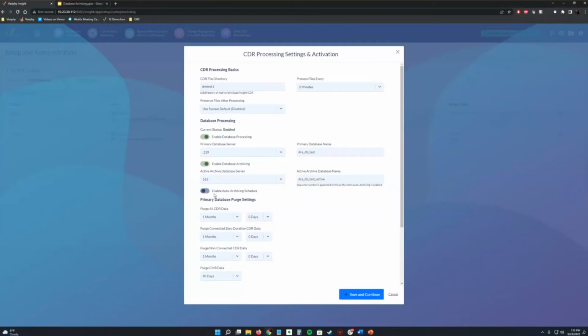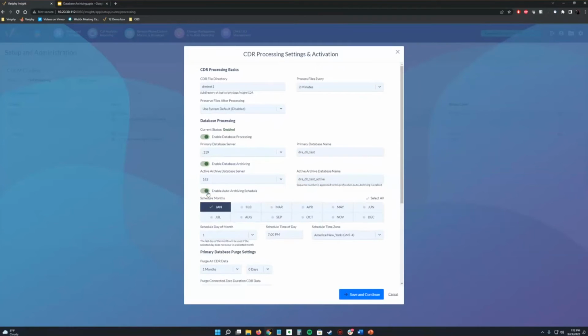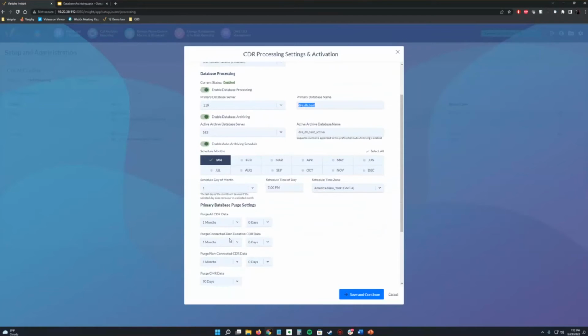Alrighty, so we can now turn on our auto archiving. We can set this up in monthly or yearly increments, right? So here, leaving it at this setting, on January 1st, it's going to archive that active database. That active database gets written, so when the CDR comes in, it's going to be written to both databases here. And this will be our purge database. Here, everything's going to be purging at 1 month just for this primary database. But it's always going to be writing to both.